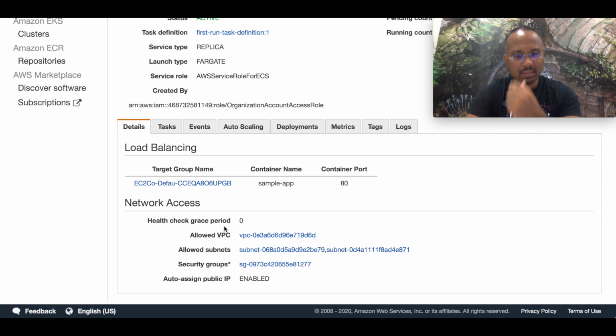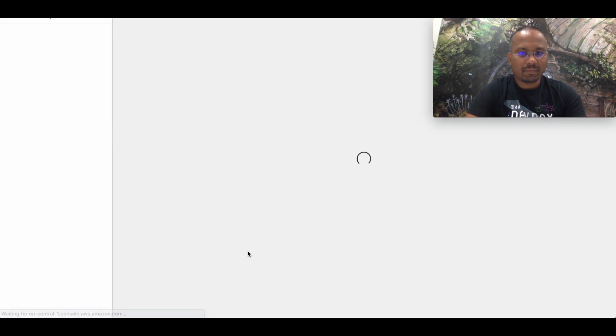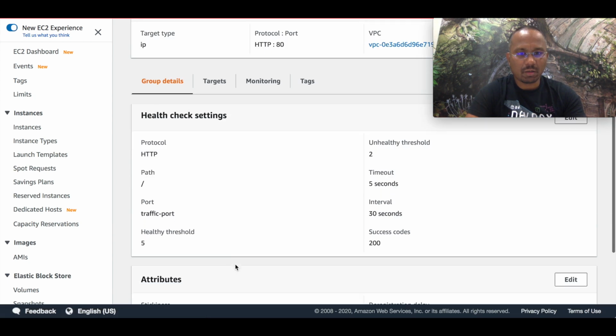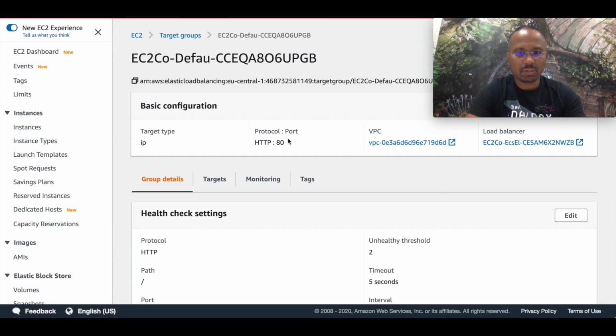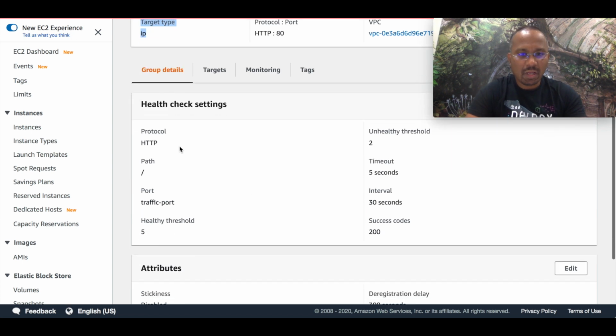Okay, and as it's running behind the load balancer, this is the target group, and here we see it's running on port 80, and protocol is HTTP. Okay, target type is IP, this is very important, I will explain in the next video.